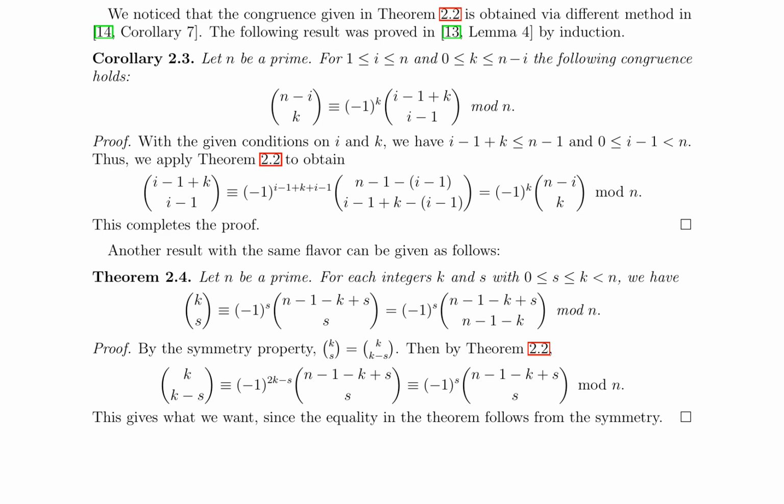Furthermore, Theorem 2.4 is presented, which is a variation of Theorem 2.2. This theorem states that for integers k and s with 0 ≤ s ≤ k < n, we have $\binom{k}{s} \equiv (-1)^s\binom{n-1-k+s}{s} = (-1)^s\binom{n-1-k+s}{n-1-k} \pmod n$. Collectively, these results extend Lucas' theorem, providing new insights into the properties of binomial coefficients when considered modulo a prime